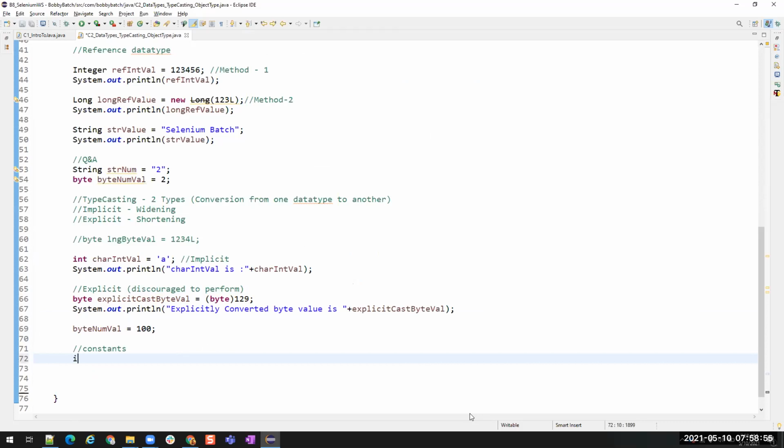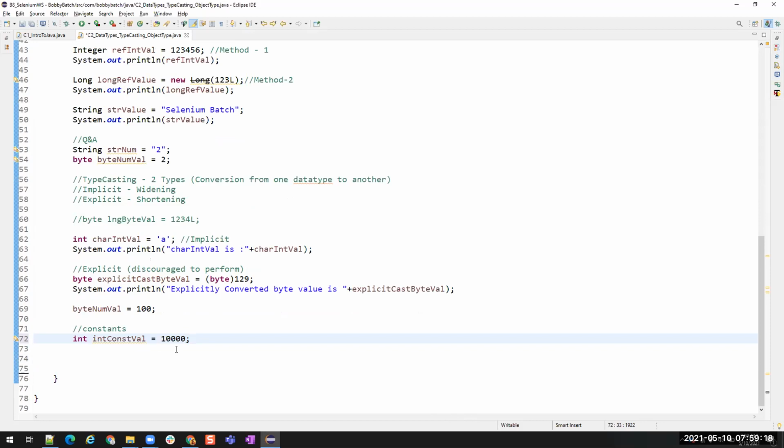Like I'll say int constant value is equals to some 10,000. I'm storing this. So this is our normal variable. To make it constant, we have to use the final keyword here.